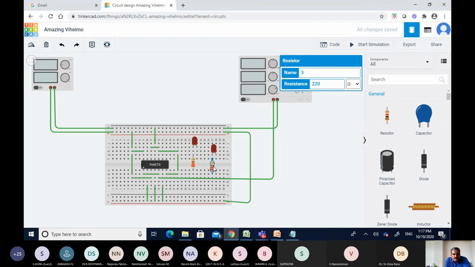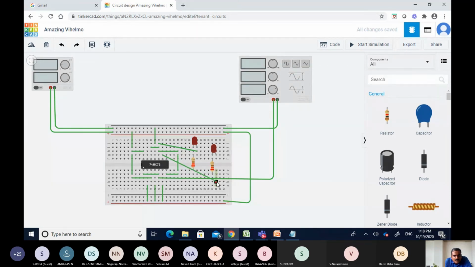So I'm using one more resistor over here. Okay. So, where is our output 2? This is output 1. I will be connecting it to this point, the anode, right? Similarly, this is my output 1. So here you have our output 2. Output 2, I will be connecting it to this one,